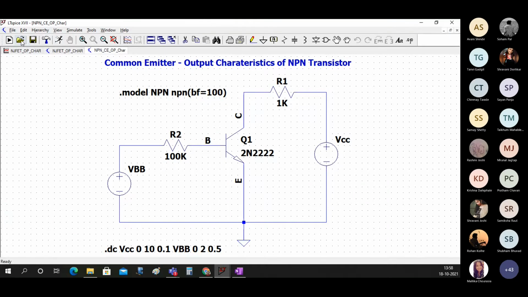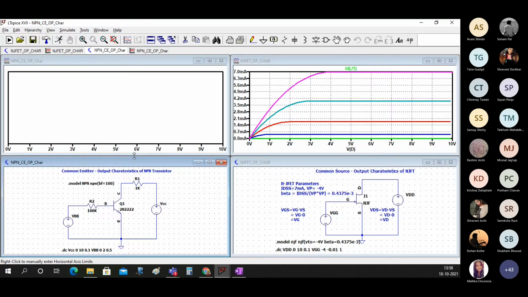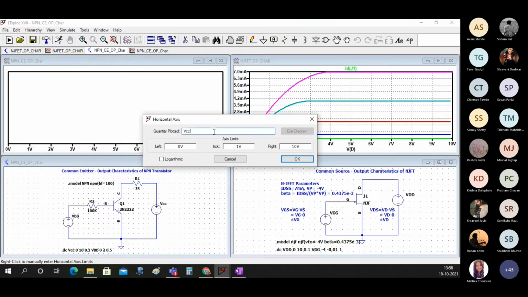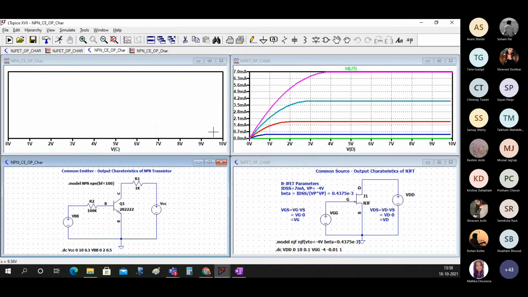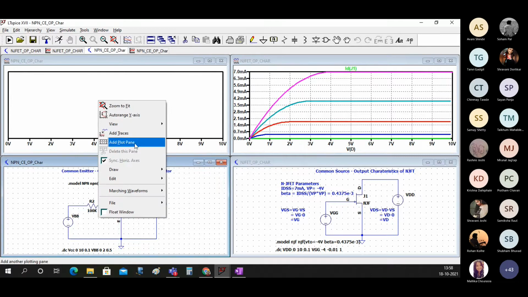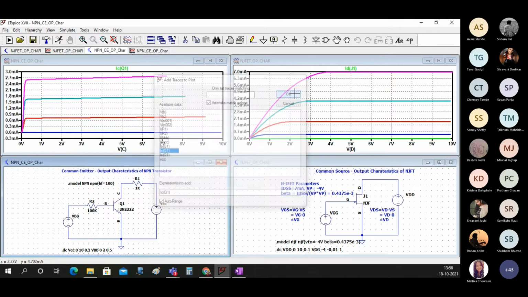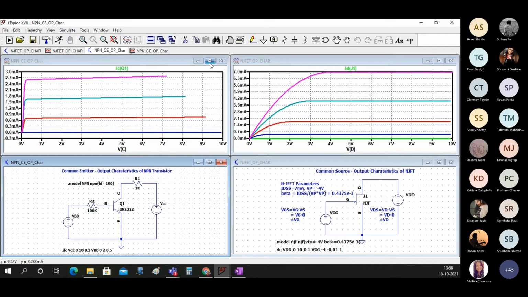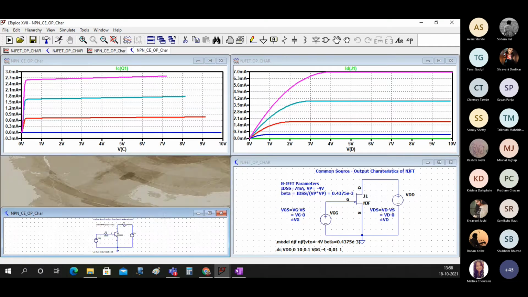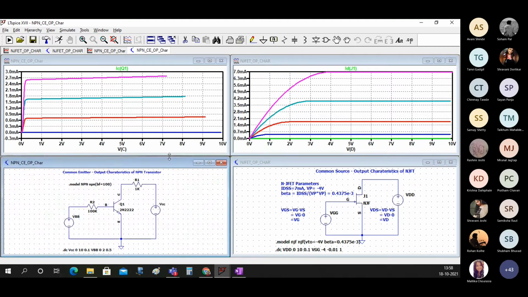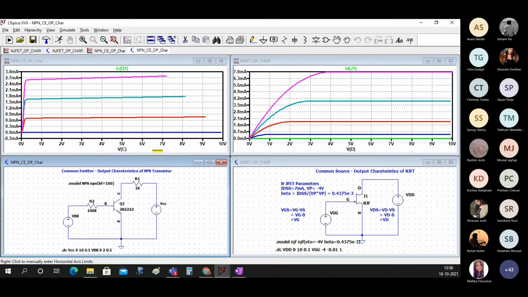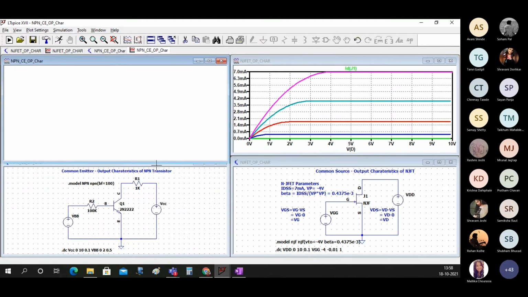Let me just run this. What we want here is V of C. Here we want I trace. We should put IC. Now, if you observe both these graphs, it's very interesting to see.